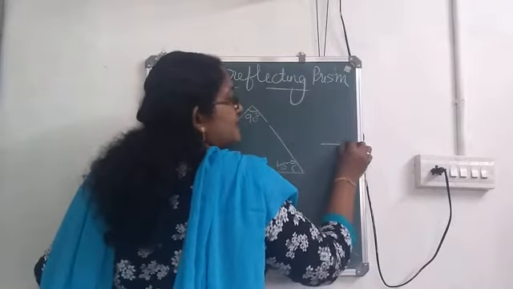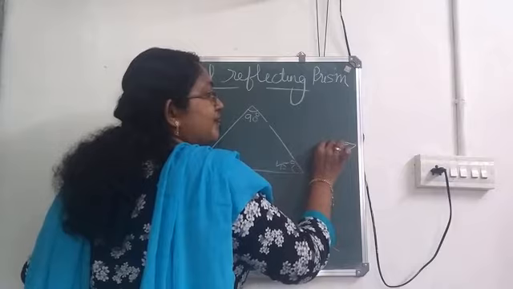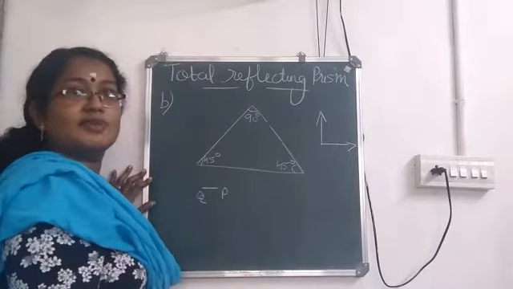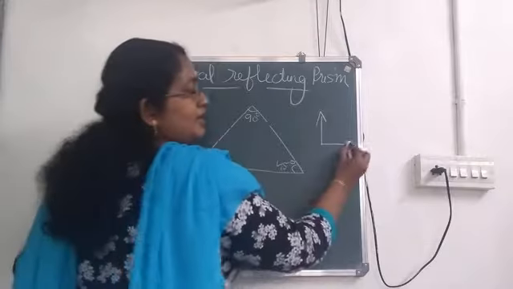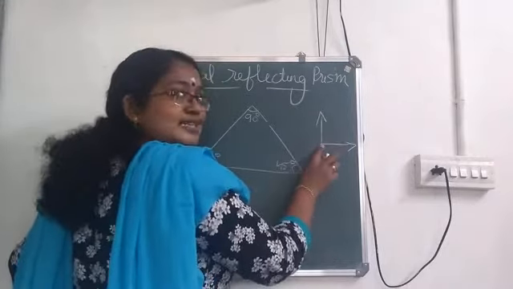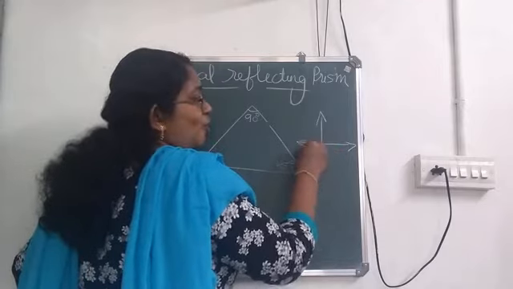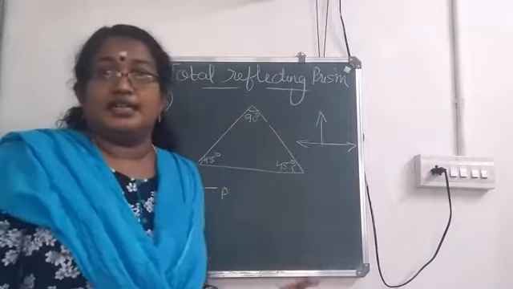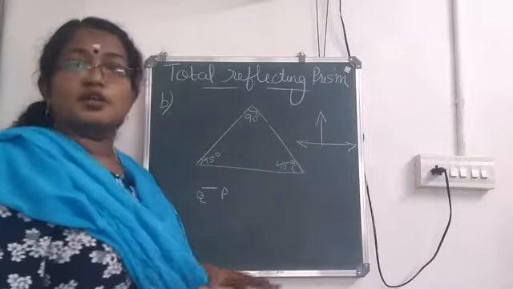If an object is like this and if we make it in this direction, we can say that it is a deviation by 90 degrees. This was the actual object. So when it is made to move like this, that is 90 degrees. If it is in the opposite direction, then you can say that it is deviated by 180 degrees. So that is what we are going to check now.